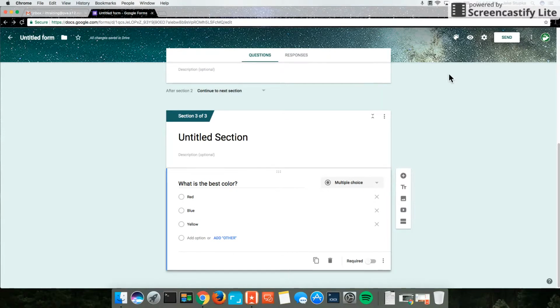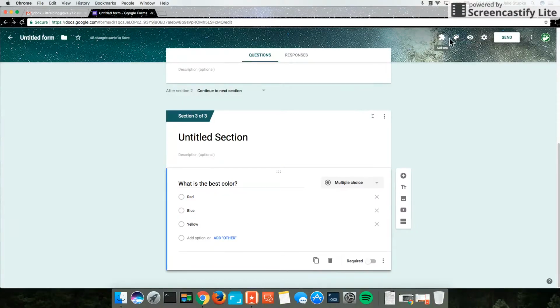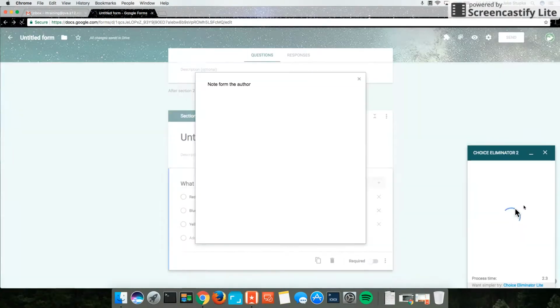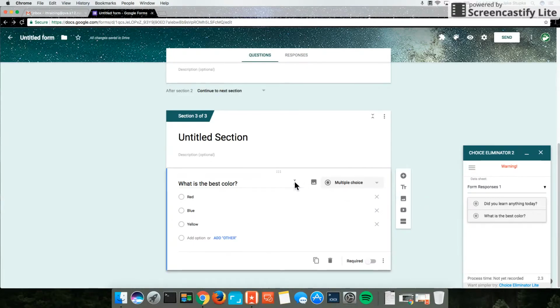And then you'll notice that up here at the right, it gives me this little icon that looks like a puzzle piece. That's where you access your add-ons. When I click on that, you're going to see that Choice Eliminator 2, which is the one that I installed, is now available. When I click on it, it gives me some options to configure. It pops up in a little menu here at the side, and you'll notice that there is this note, but I'm going to talk about that as part of doing this. So